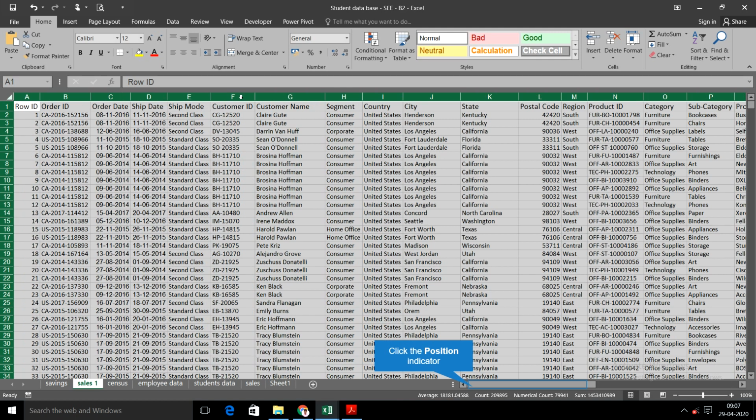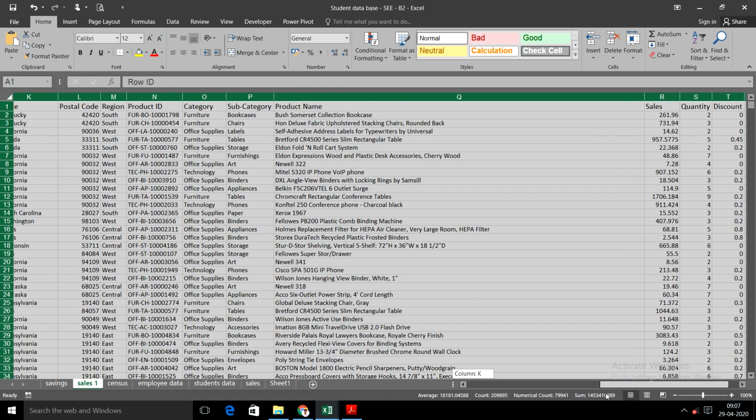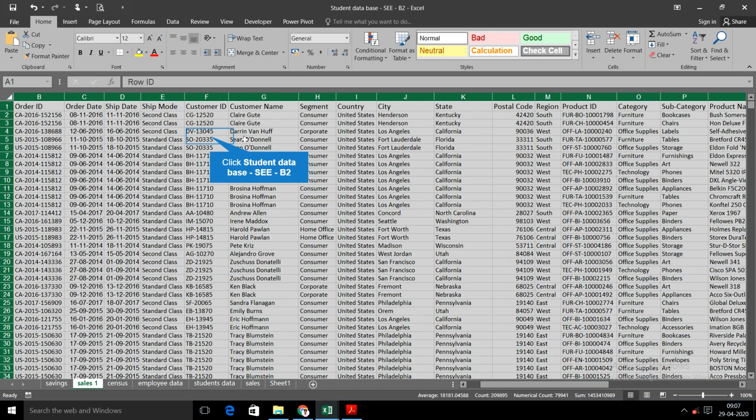The cell contents will be automatically adjusted according to the length of the text available in that particular cell. So this way you can expand or resize the column contents by using a small double click on your column headings.